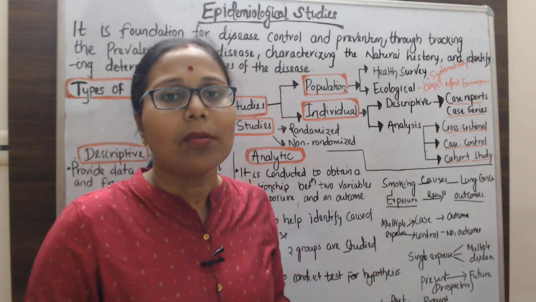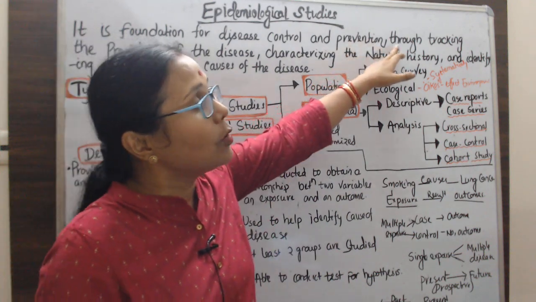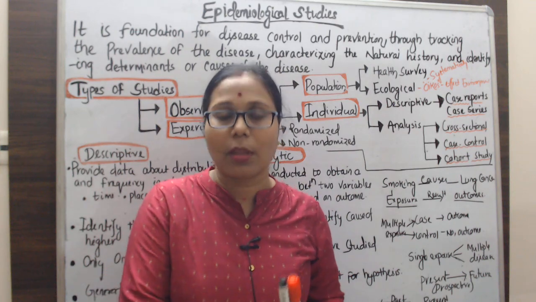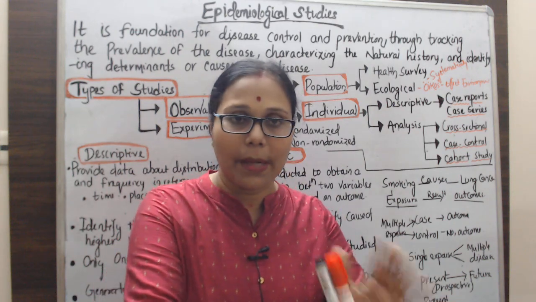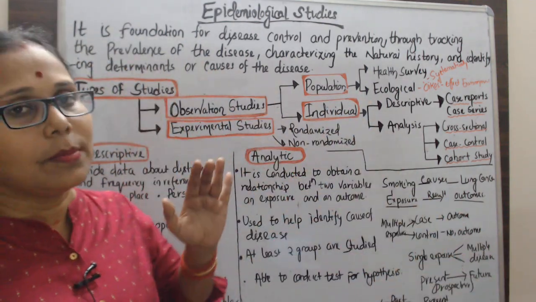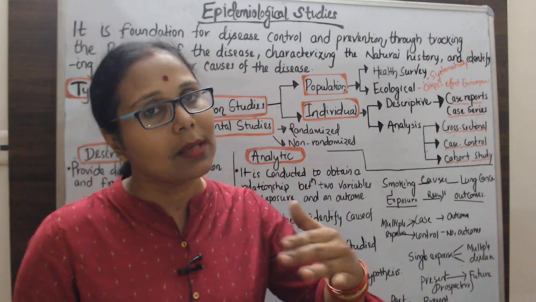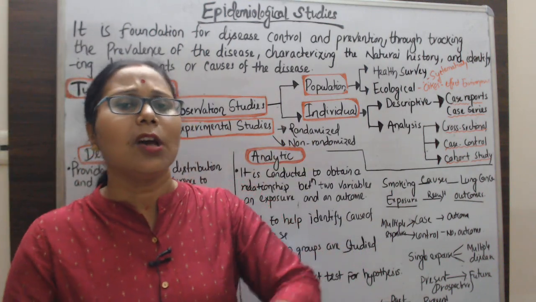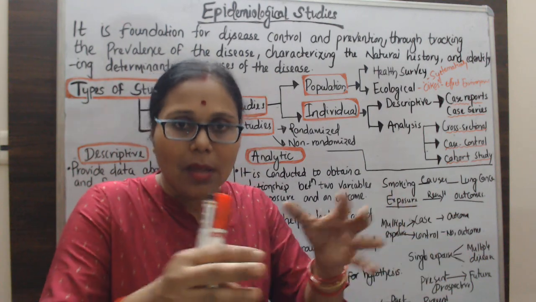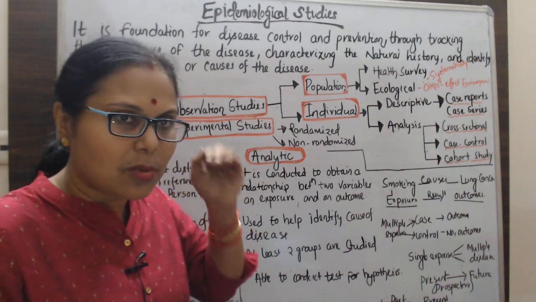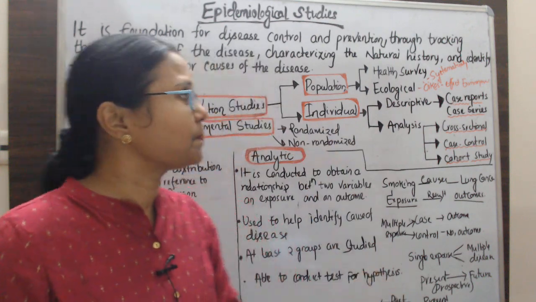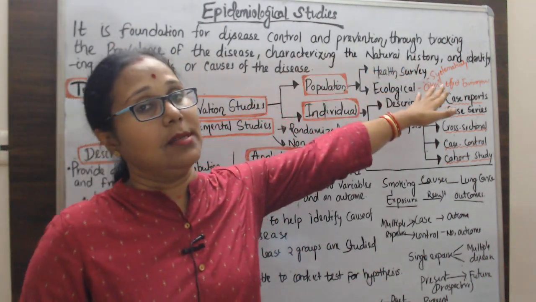So how is this possible? Through tracking. Tracking means surveillance: we put our attention on, or continue studying, those whom we are going to study about the prevalence of the disease, meaning those who are currently in a disease condition or who have undergone the disease condition. For this population or these individuals, we put our surveillance and study, and characterize the natural history